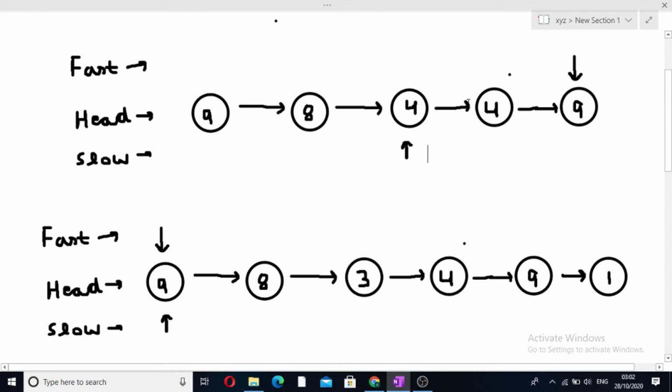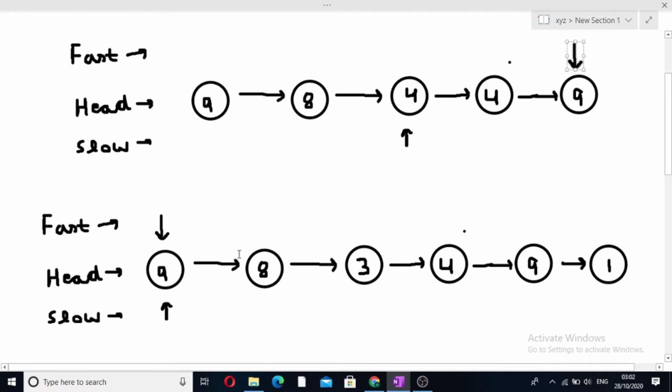It means that when a linked list is of odd length, the next pointer of fast will be equal to null, and we won't be able to move our fast node further, and we will simply return slow from here. So this was the case when the linked list was odd in length. Now consider a case when the linked list is even in length.